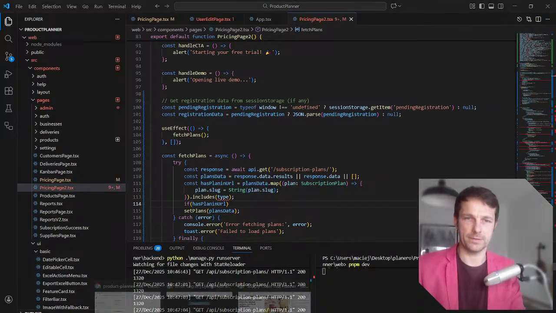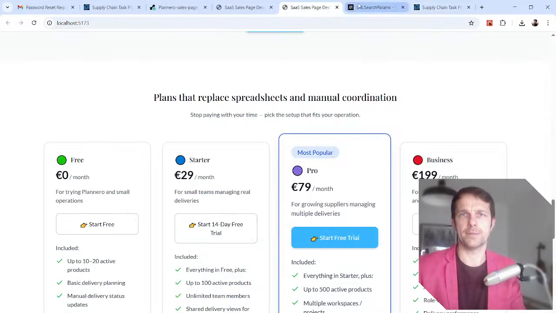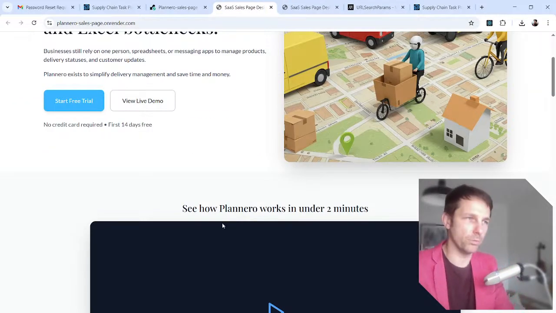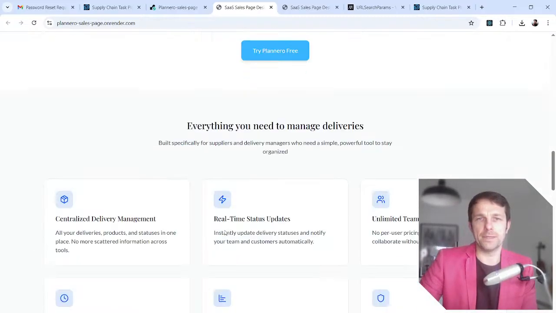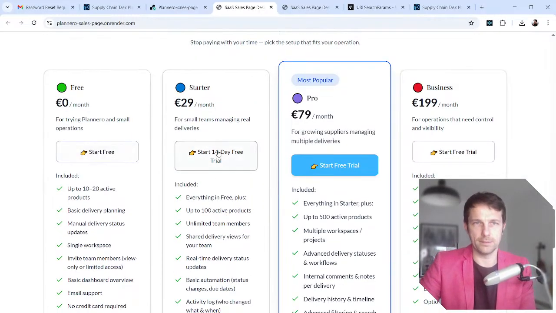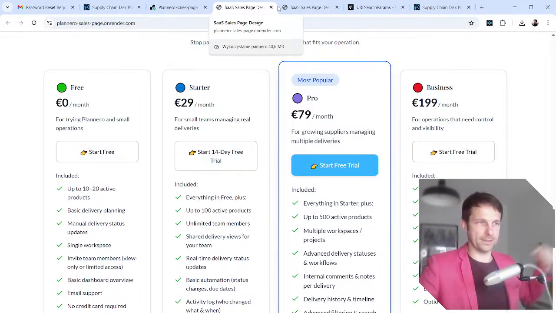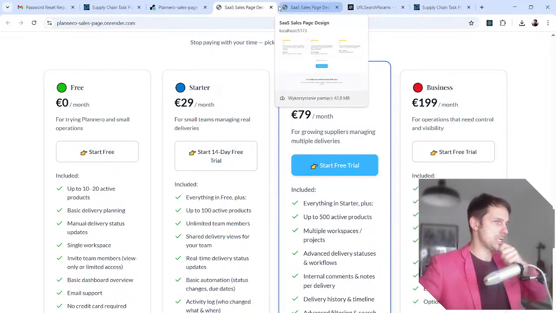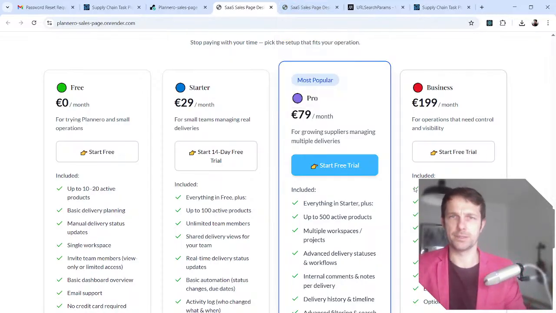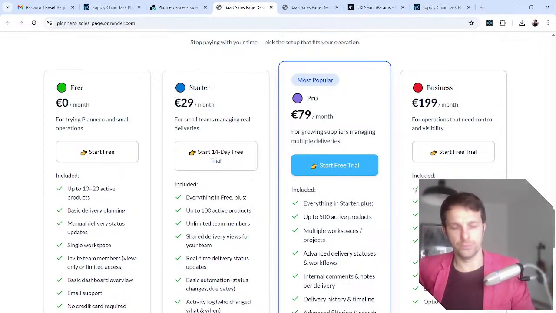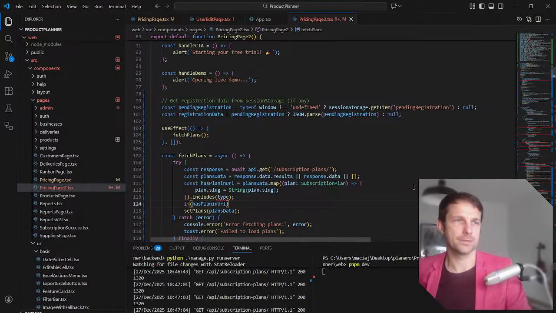Okay, let's just open the sales page now. So this is my sexy sales page, which I already published. This is the one which no one would buy from. But okay, when they click on one of those, I want to pass that as a variable, which I'm picking now on the other page. And this other page is redirecting you already to Stripe, and this is when the money comes.